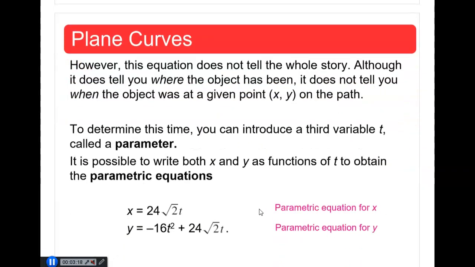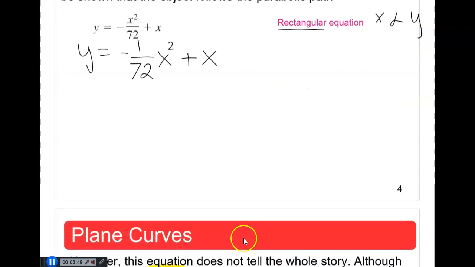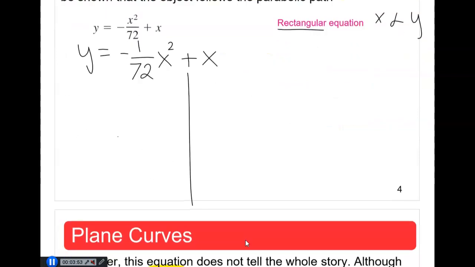So that equation doesn't tell the whole story of the object, and it could tell you where the object has been, but it doesn't tell you when. That would be the question, at what time the object was at a certain point, x and y. So the coordinates x, y, that will tell you the vertical. If we were to graph something like that,